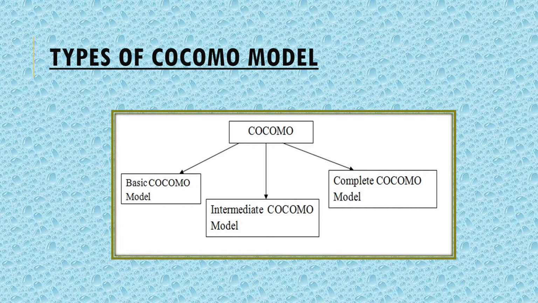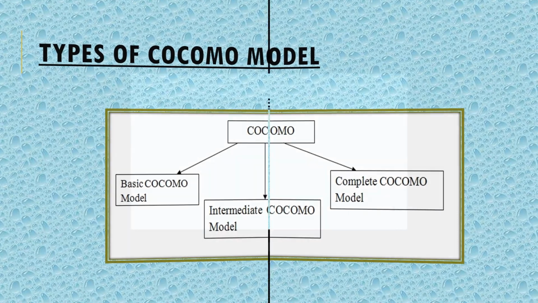As we have already discussed, this COCOMO model, that is the constructive cost model, is a hierarchy of three models. That is the basic COCOMO model, which is applied early in the project, an intermediate model that is applied when all the requirements are specified, and the complete COCOMO model. We also call this complete COCOMO model an advanced model, and this is applied when the design is complete. We will discuss each of them in detail in the coming slides.